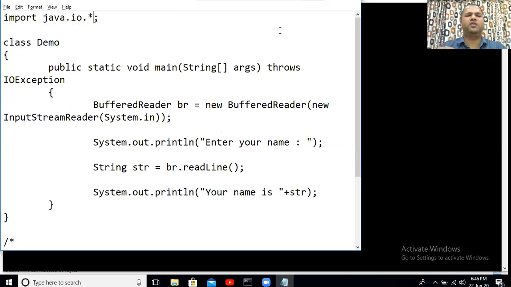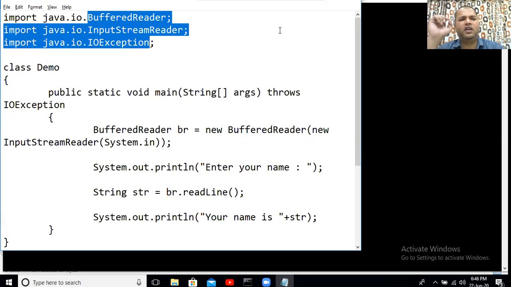And if you would want to minimize the code here, you can write this single statement instead of writing those three import statements there, because this single statement will have the same effect. When you say import java.io.asterisk, you are telling the Java compiler that you are going to make use of any class present in the java.io package. If you had seen those import statements previously, all three classes that we had used in our code belonged to the IO package only.